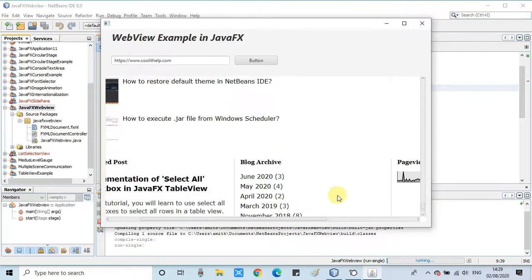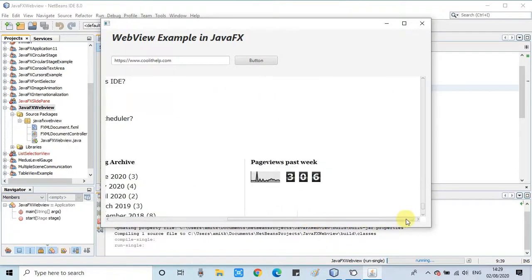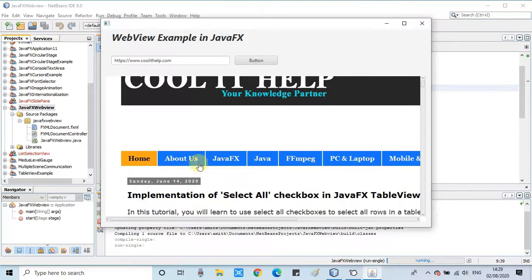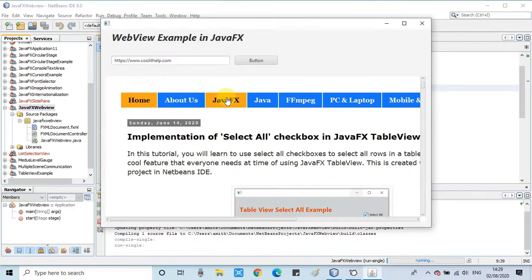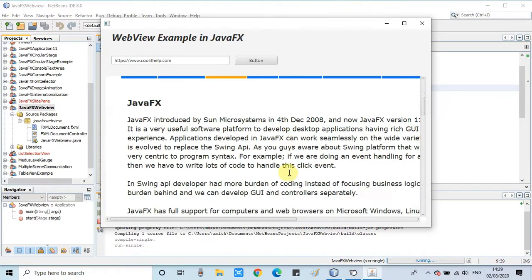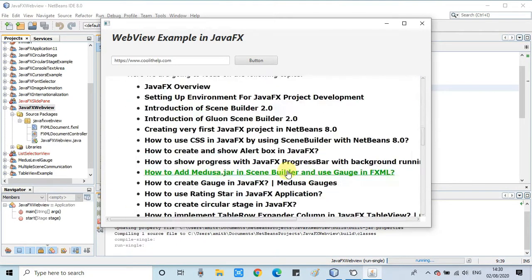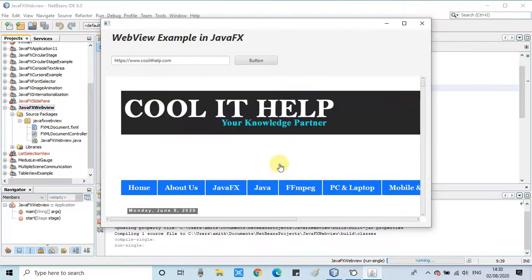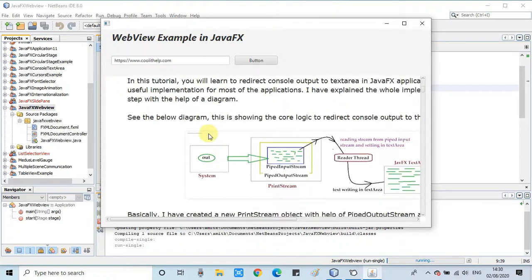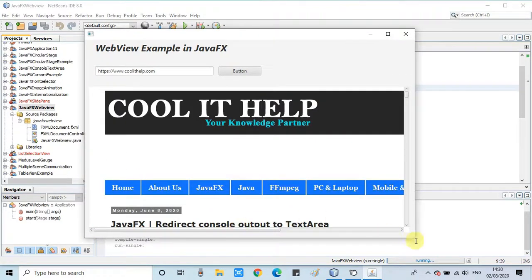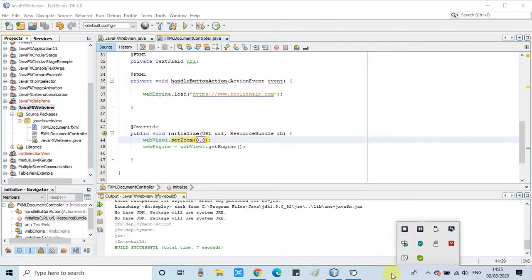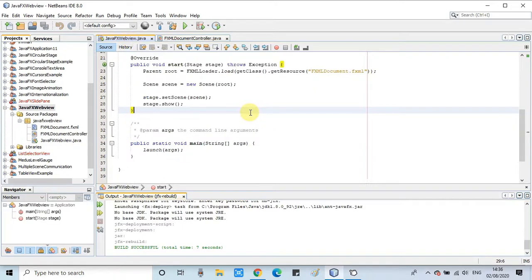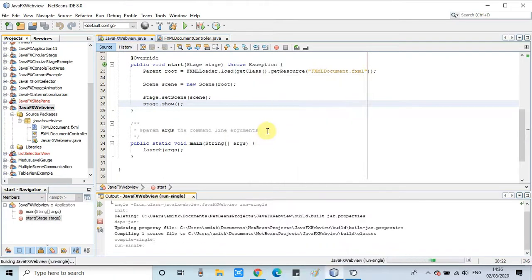You can also set the view of this website. You can zoom in or zoom out. There is a method, so you can call the zoom method to set the zoom level of this website. As you can see, everything is working similar to how we access a browser. At line number 44, we have changed the zoom level of the website, set to 0.8. Now I'm running this again.